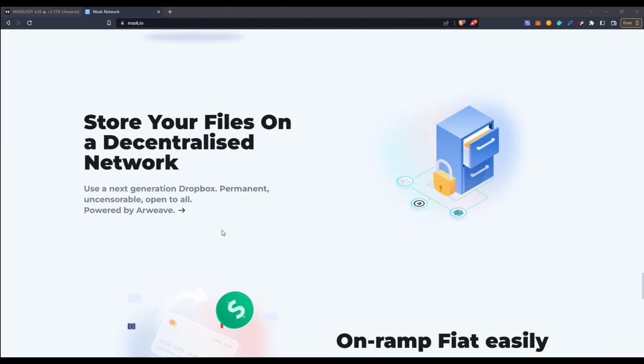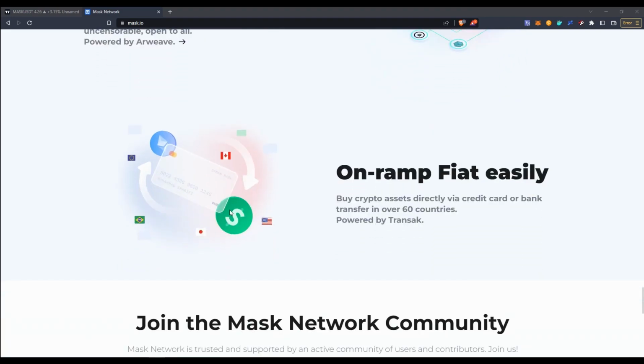So it's going to be very easy, and then finally, unwrap fiat easily, meaning the switch between, for example, US dollar and some kind of crypto directly via credit card or bank transfer in over 60 countries. That's a huge development.